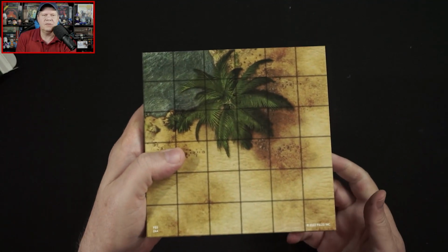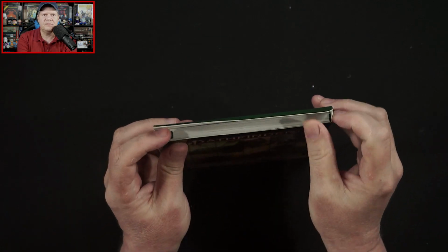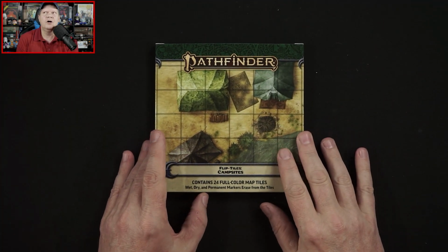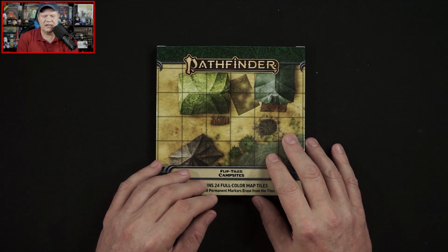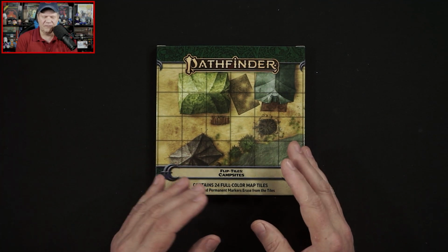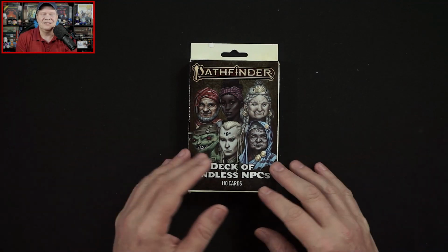So we have 24 of these dual-sided tiles. And this does carry an MSRP of $22.99. And you can get the PDF for $15.99. I have to be honest with Paizo Inc. and their difference in price for the physical product and the PDF outside of core releases, because core books tend to be really, really affordable in PDF. Not so much with the adventure paths and things like these flip tiles. I would usually expect to see about 50% off the MSRP of a physical item for PDFs. That's not always the case with Paizo Inc. Although I have to point out, once again, there's some core books that are just phenomenal deals in PDF from